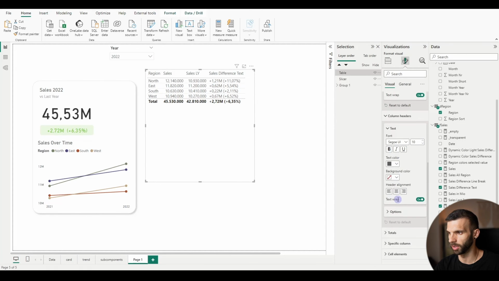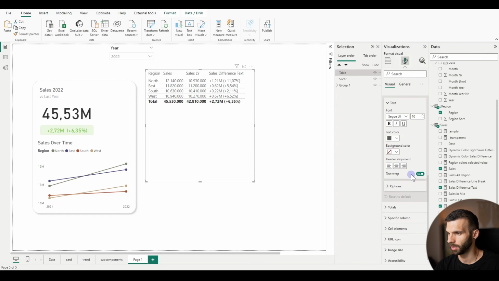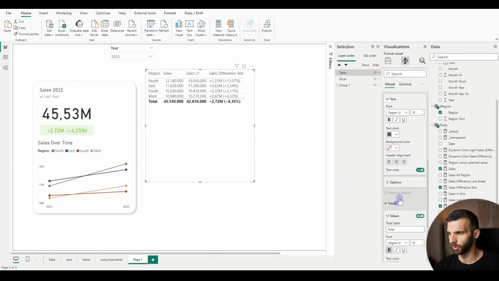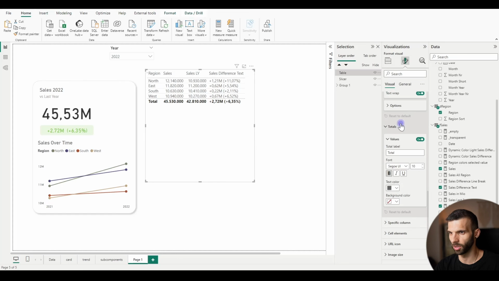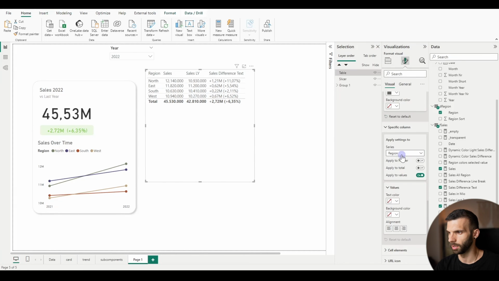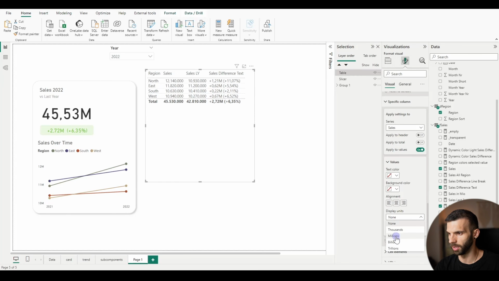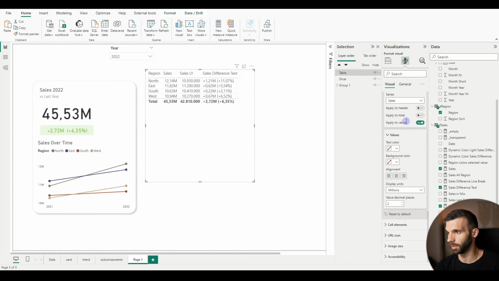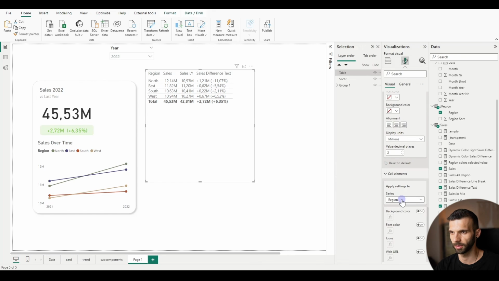Also going to the column headers, already dark gray. That's okay. Going to the totals, change it also to dark gray. And then let's go to specific column. Region is fine this way. Go to sales, display units in millions, 2 decimal values, and then go to sales last year, do the same, millions, 2 decimal values. And we can also format here the change over time, depending on whether it's positive or